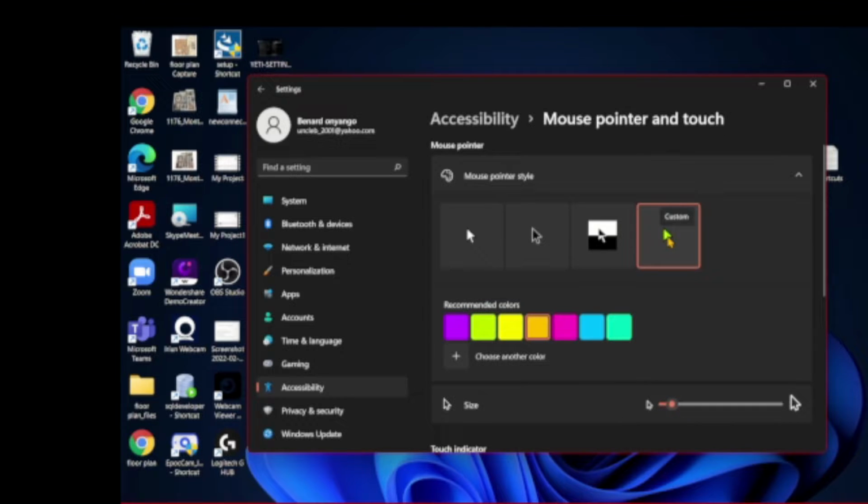So if you click on that, that brings you to also recommended colors. So you can pick your favorite color depending on what you want. I think today I'm gonna go with, let me say yellow. So once you click on yellow, an interesting thing also down here, keep on looking down, the size, we are